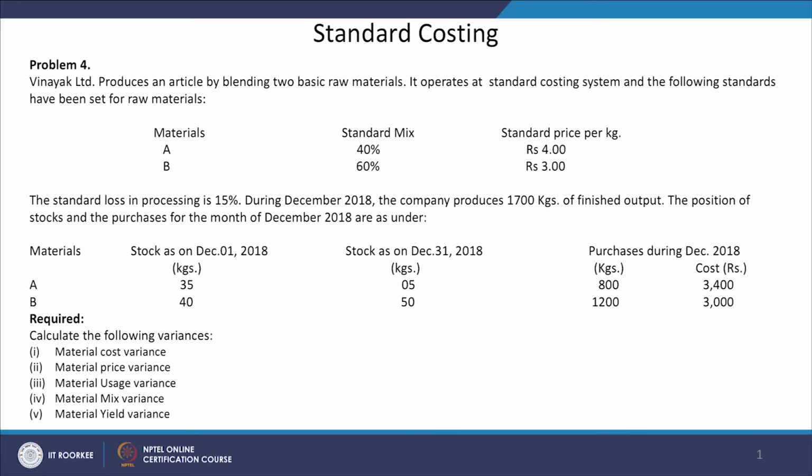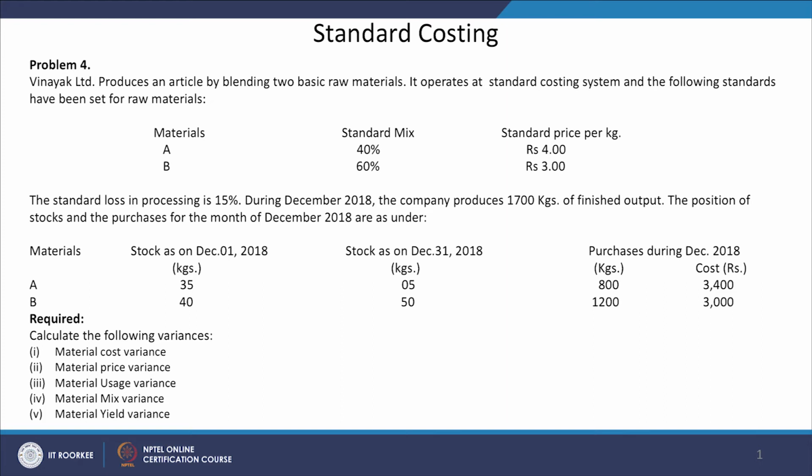What is the actual price for the opening stock? That is not given to us. We are given the purchase price, but the actual price per unit of opening stock is not given to us. So, here the standard rule is, if the actual purchase price of the opening stock is not given,